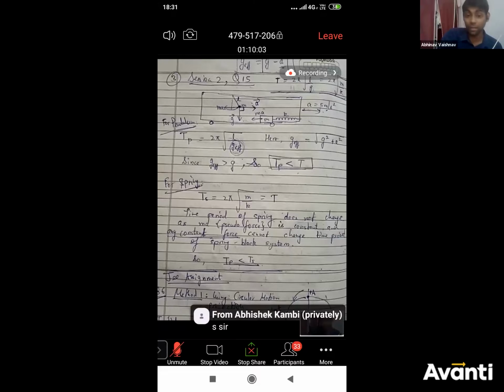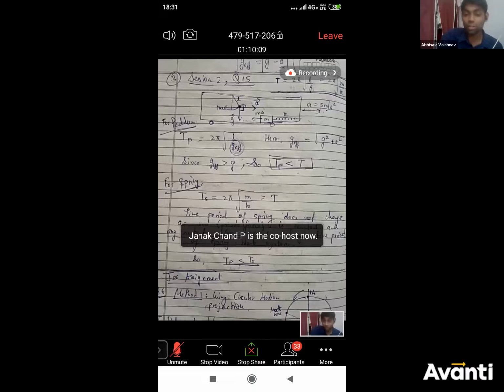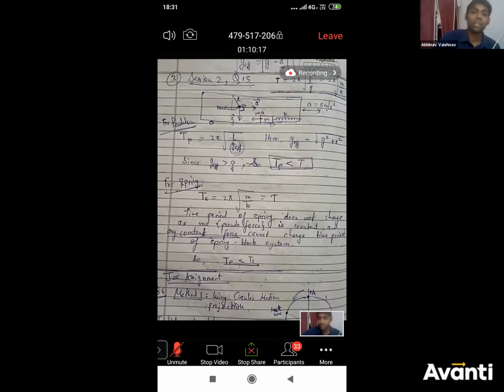If the force is not constant, if the force is varying, as we just studied in forced oscillation. In forced oscillation we had an external force which was varying, f naught cos omega d t. So that was not a constant force, that was a varying force. So that is why the frequency changes. The system does not oscillate with the natural frequency, it starts oscillating with the driving frequency omega d.